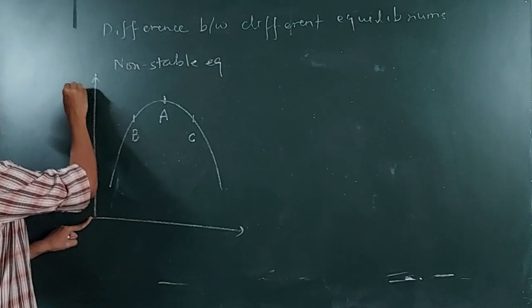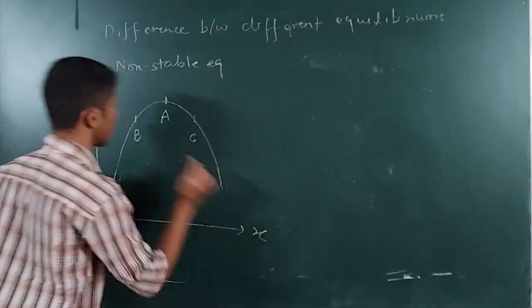So now tell me, what is my journey again? I start from x equals 0. I will give this u and this x. So this is potential energy. I start from x equals 0 and go towards the positive x-axis. First I will get B, then I will get A, and next I will get C. So my journey is from point B to point C.